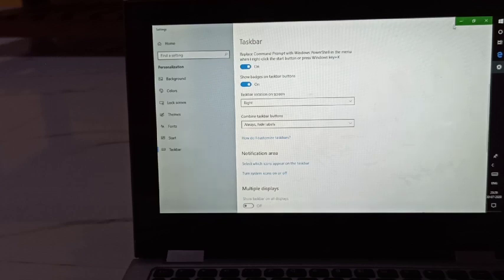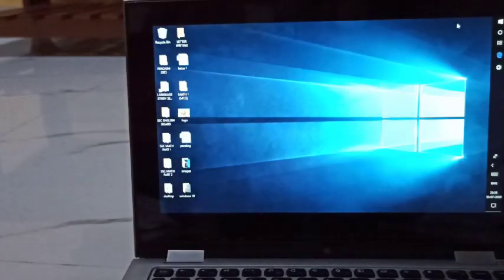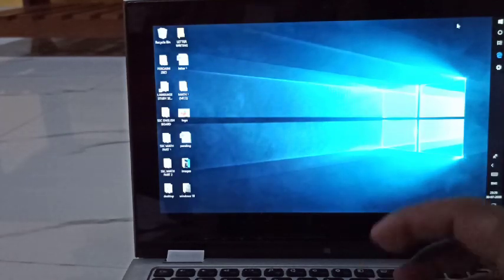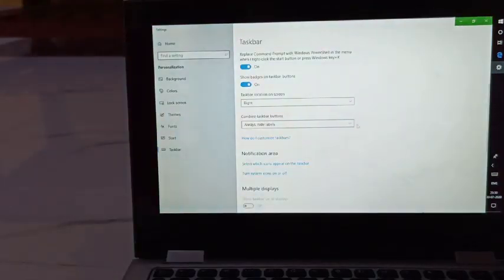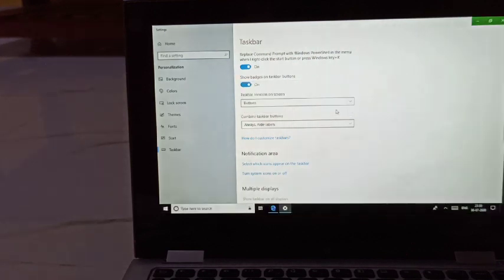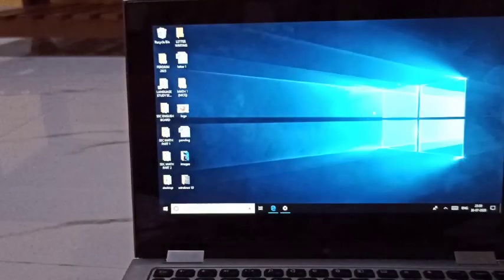Now see, just minimize and check. Now where you find the taskbar, it comes to the right side of the screen, right? Wherever you want. If you want it at the top, you can keep it there too. If you want it on the left side, you can keep that also. Now I will again go to the settings here. Instead of right, we will keep it at the bottom only, because at the bottom it is convenient and easy to use. See now, again it comes to the bottom, right?